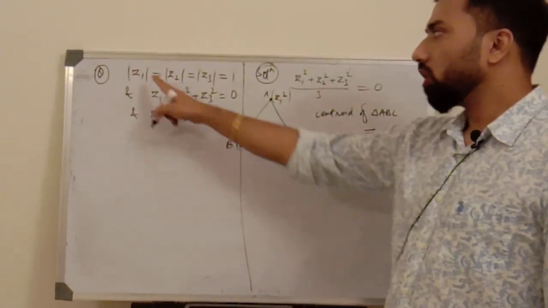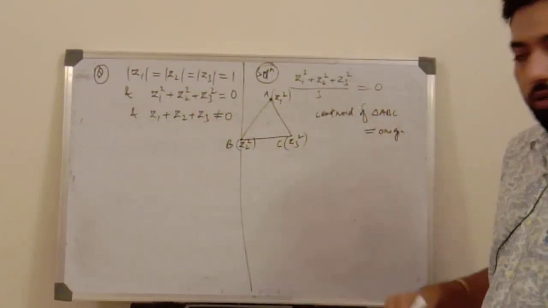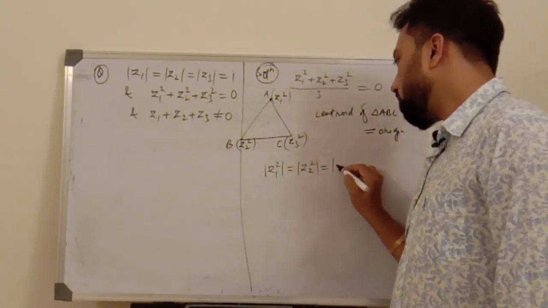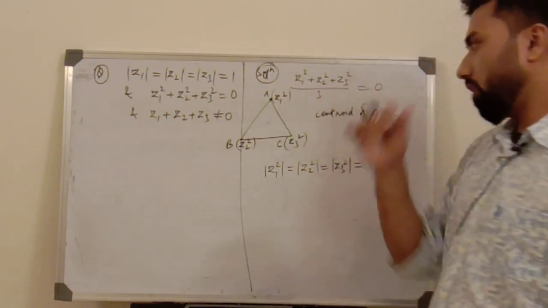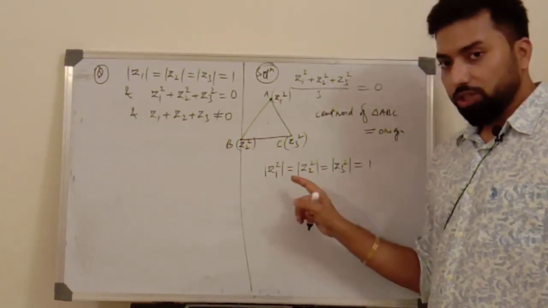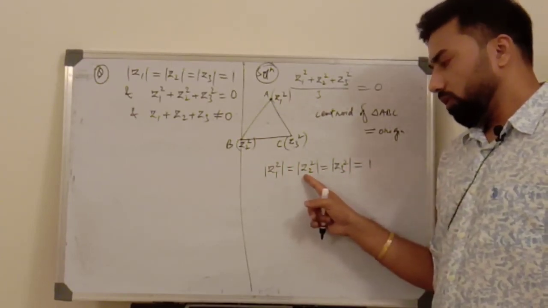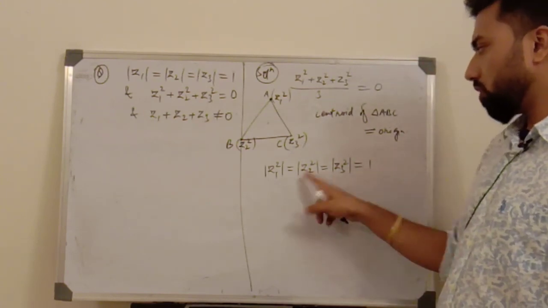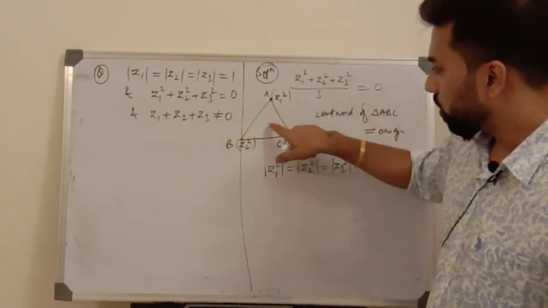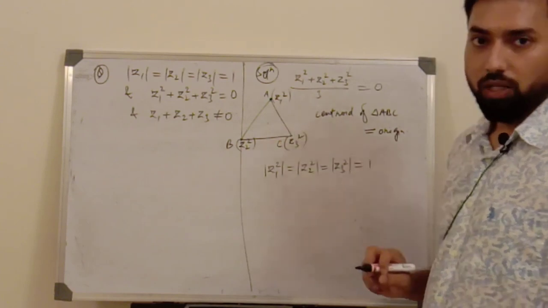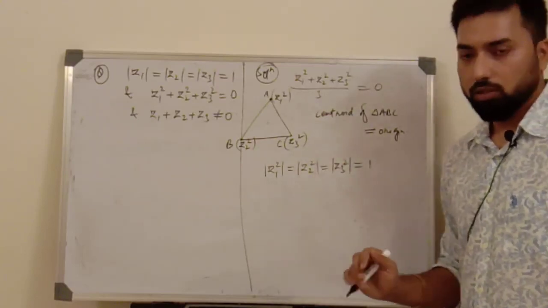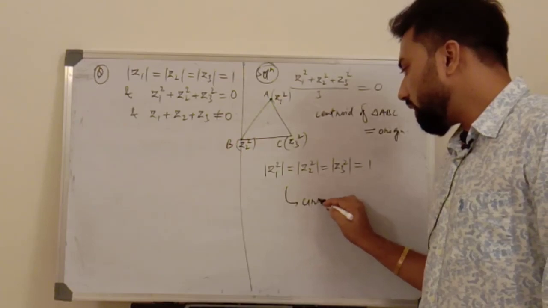Okay, यहाँ से हमें ये information मिल गई, right. अभी जो दूसरी information given है वो यहाँ पर given है, अगर modulus of z1 की value 1 है, so modulus of z1 square की value भी 1 हो जाएगी. तो हमें ये पता है कि modulus of z1 square is equal to modulus of z2 square is equal to modulus of z3 square is equal to 1, right. तो हम ये बोल सकते हैं कि z1 square का distance origin से 1 है, z2 square का distance भी origin से 1 है, और z3 square का distance भी origin से 1 है. तो इसका क्या मतलब हो गया कि origin जो है वो इस particular triangle का circumcenter भी होगा. Clear. So यहाँ से हमें क्या मिल गया कि circumcenter